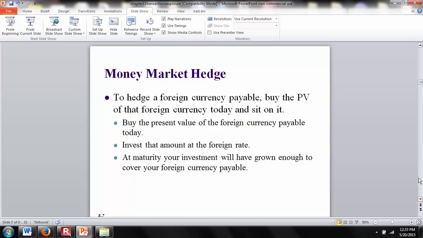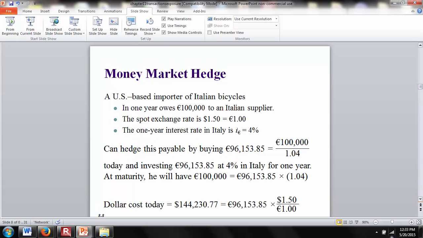So what are the steps here? Suppose you owe, let's look at this example. A US-based importer of Italian bicycles in 1 year owes 100 million euros to an Italian supplier. The spot exchange rate is $1.5 equal to 1 euro. The 1 year interest rate is i_E = 4%. So what do we have here? You have to make a payment of 100,000